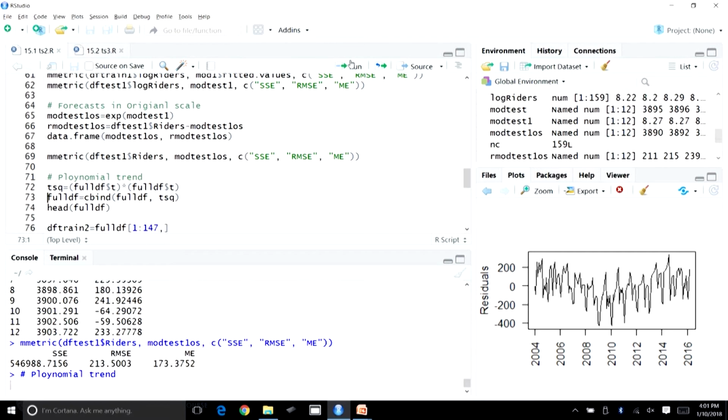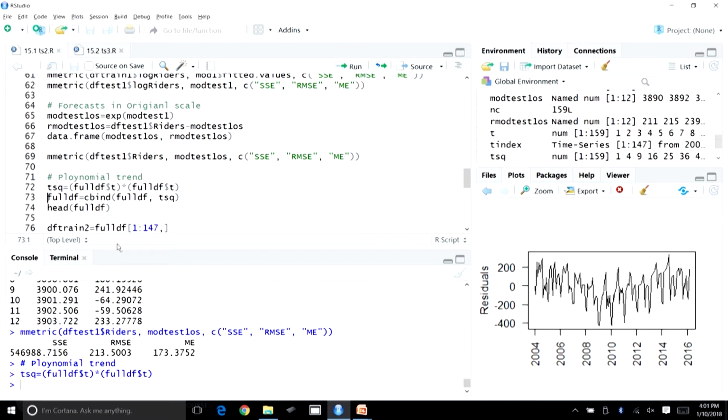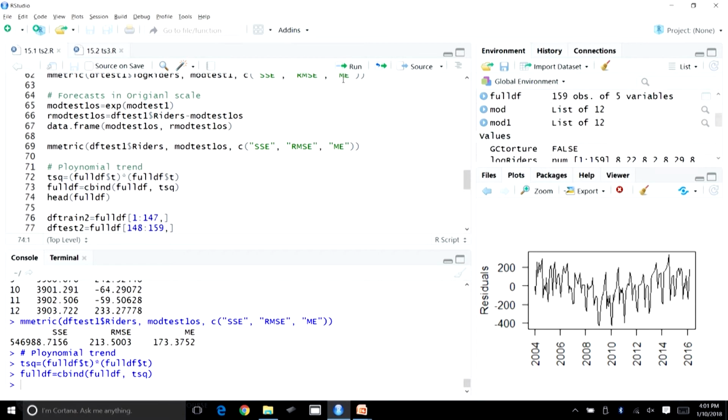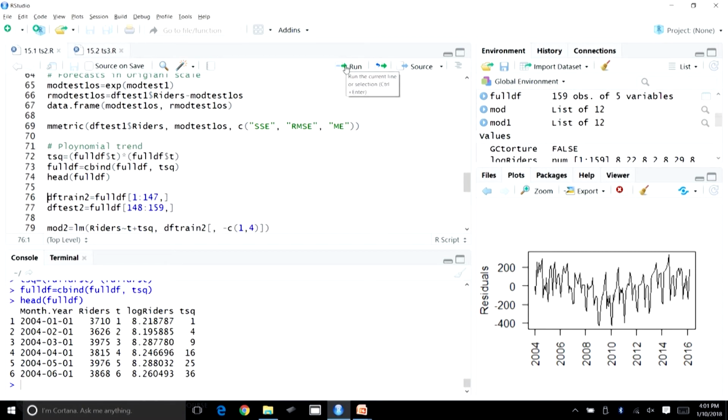Let us run this. Now we are going to append this new variable into the existing data frame. Let us have a look at the first 6 observations. We can see here that t square has been added. In the quadratic modeling that we are going to perform, we will have t, t square, and riders. We are going to regress riders on these two predictors, t and t sq.